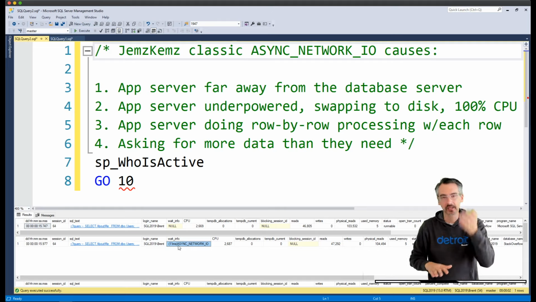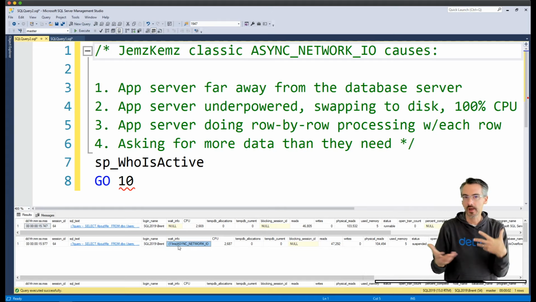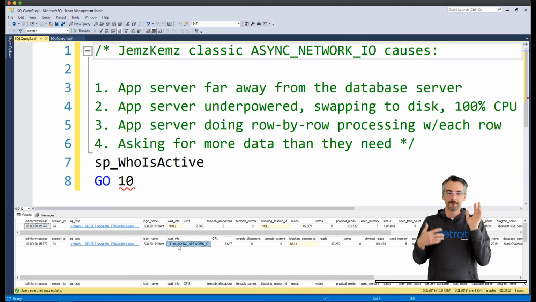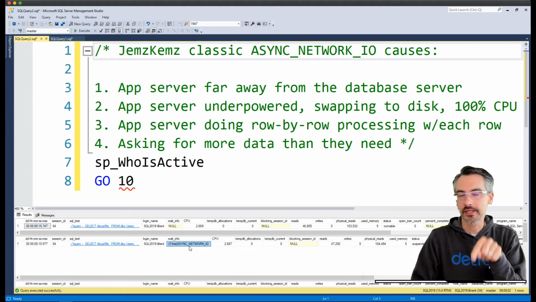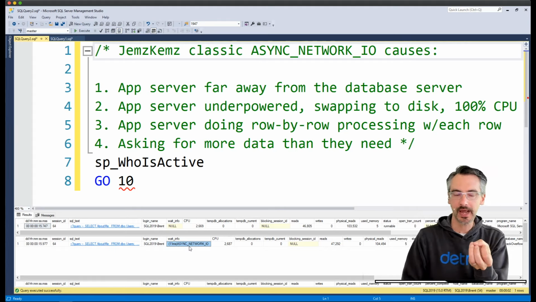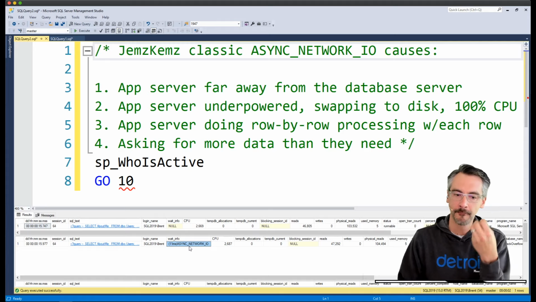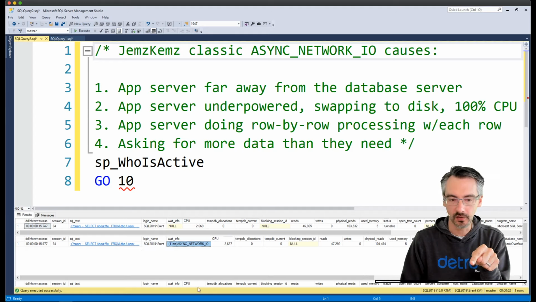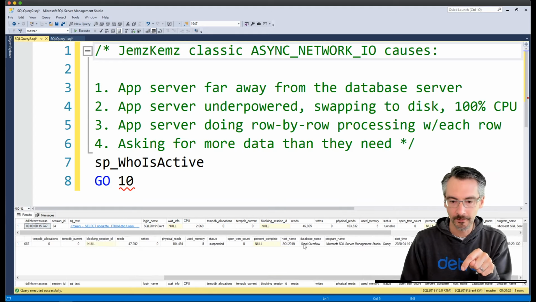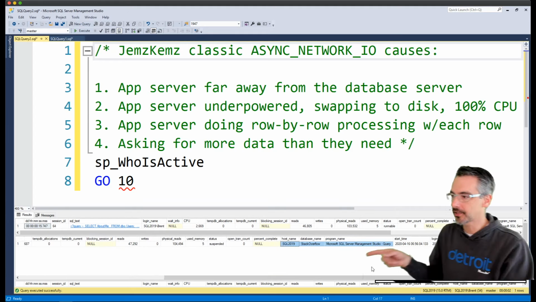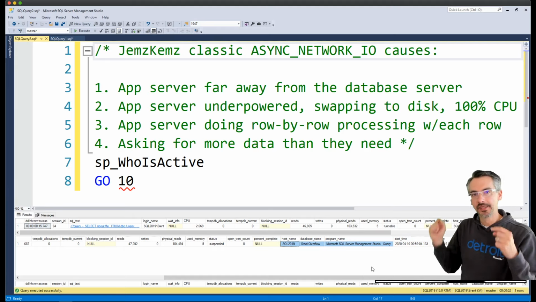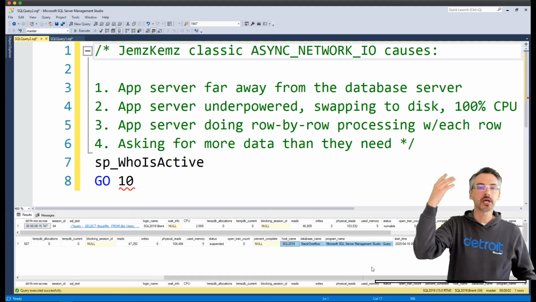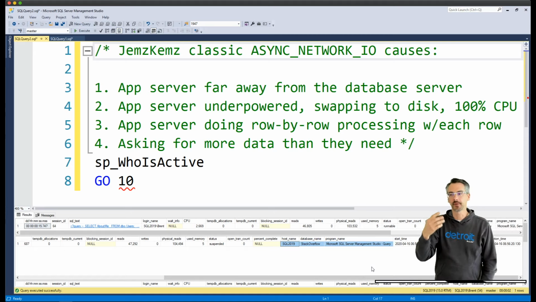You can get that, you just have to use different parameters, or you have to use sp_BlitzWho. Where this is cool is it'll show you this query is waiting on that wait type we just talked about, async network I/O. That means this query, here's the query itself, running on this server, here's the server name and application where the query is coming from, is waiting because of one of those four reasons up above.